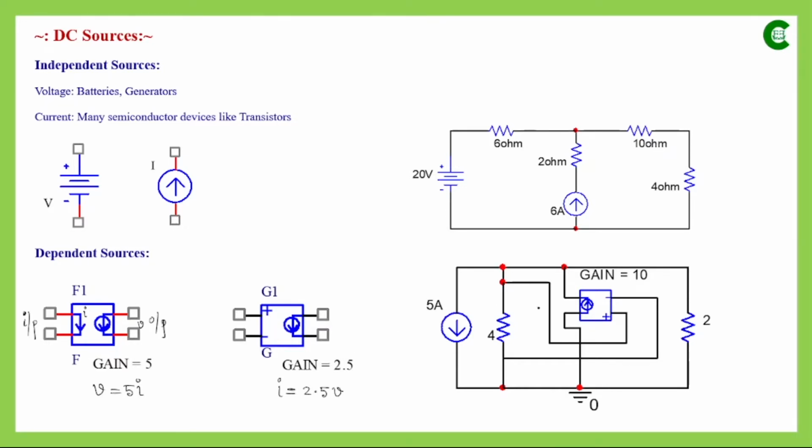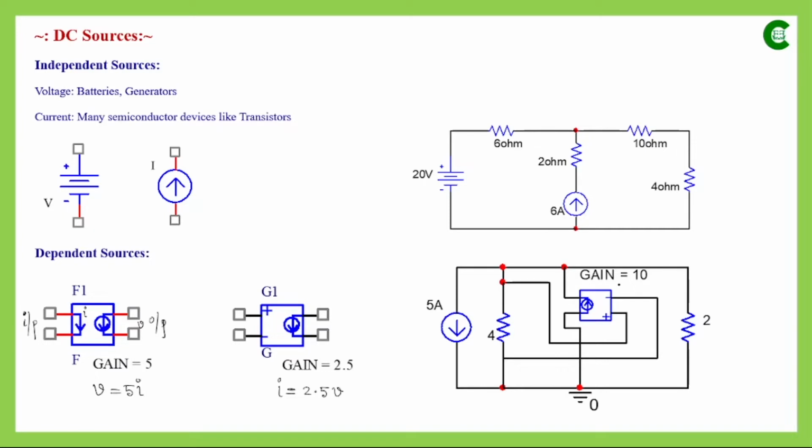Here is a network where we have passive elements, and with that we have one independent DC current source, and with that we have a current source here. This is the output side of that current source, and the current value of this current source depends on the voltage drop across this resistor. So first the voltage drop across this resistor is measured, and based on that